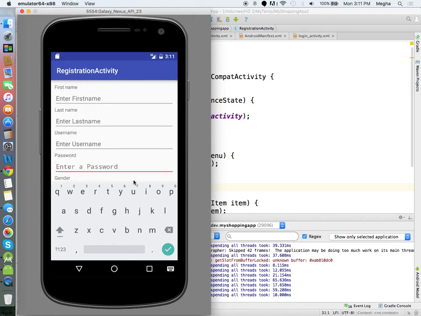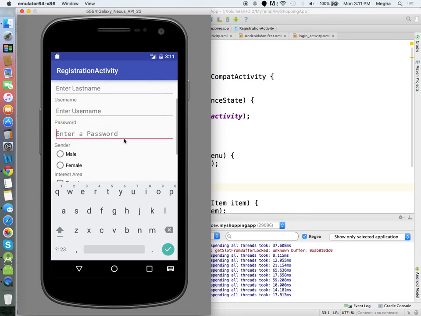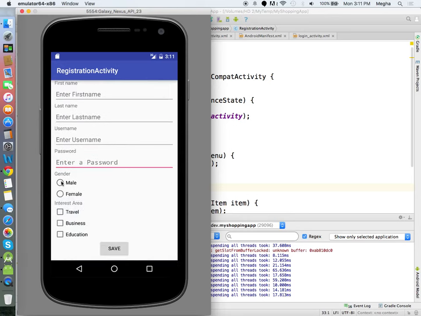So that's the reason we added the scroll view, because we cannot make sure every form fits into the available screen. There are a number of screens, a number of form factors. So whenever you design a form, make sure you wrap it inside a scroll view. Okay, now we need to group this radio button, and here I would like to add a back button. Without registering, the user can still go back, or when the user clicks on the save button, you can go back. So two scenarios are possible. Let us add them.